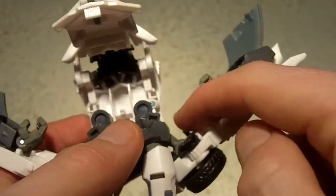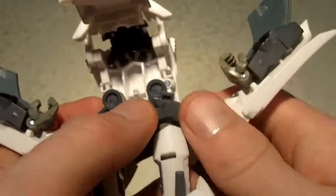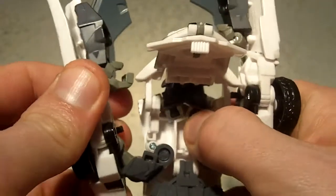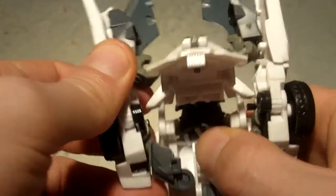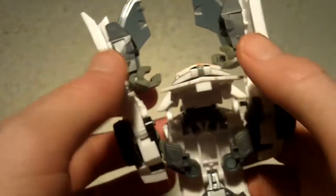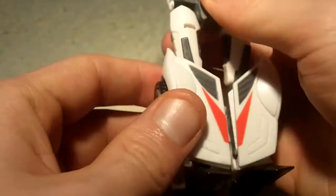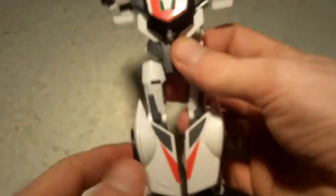First of all, this is on a double joint. You've got one joint there, one joint there, one joint there. So this whole section comes up like so. Whole section comes up, and you kind of prise it up and up and up to create some shoulders. You'll see in a minute. Close it down. That locks everything into place. You heard a click, and away you go. So there's his feet